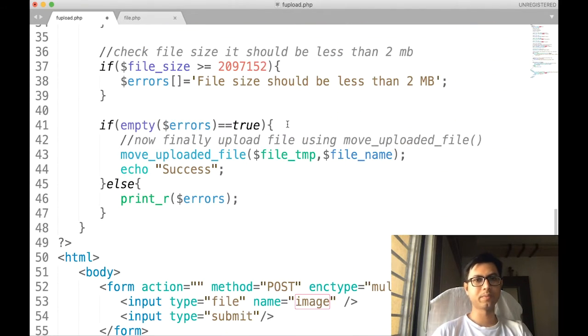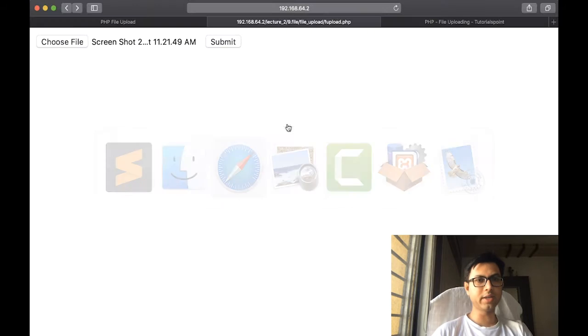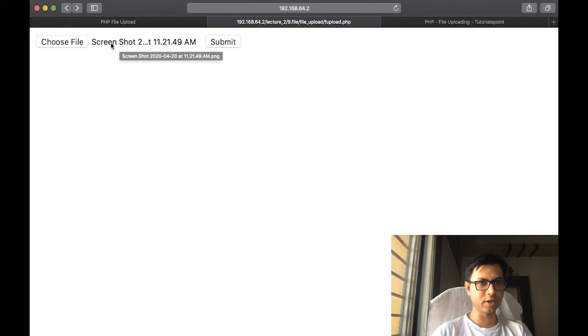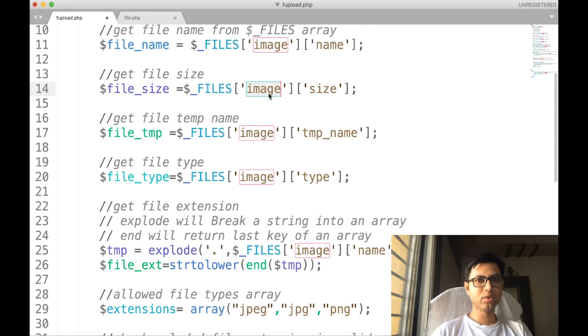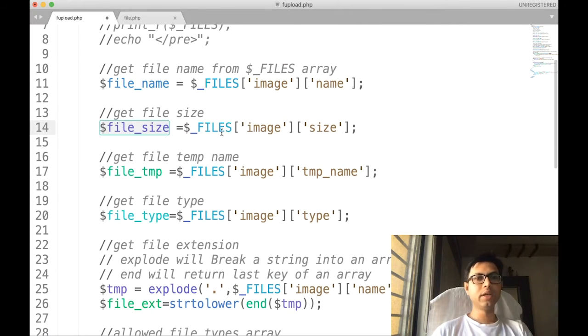So whatever we had selected over here, that means this particular JPEG or PNG file, its size is returned using this syntax and stored inside this variable in terms of bytes.